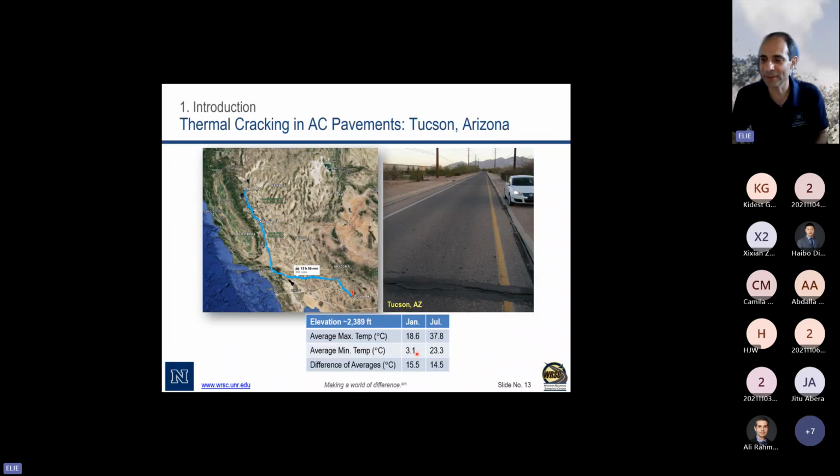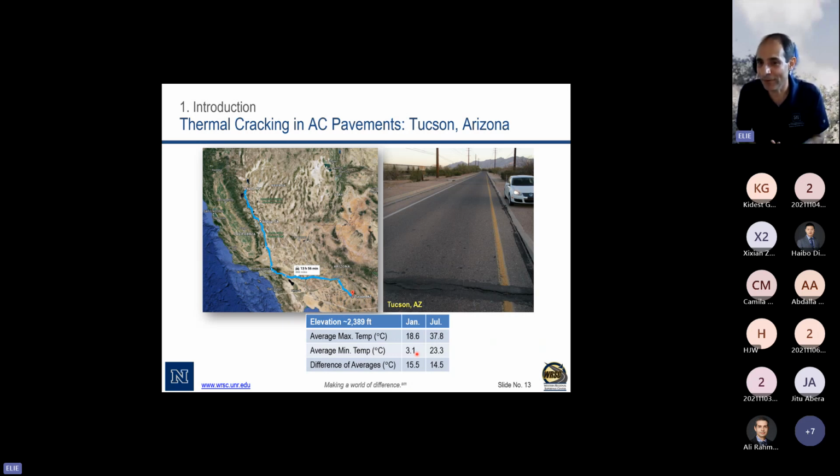So now what do you see? You may think, oh, there's no sub-zero temperature. I'm not going to see thermal crack. No, you're going to see thermal crack. Why? The environment is much hotter. So now it's not only about my rheological property, but my oxidation kinetics are going to kick in, and I'm going to have a higher oxidation rate. So my pavement or my asphalt binder is going to age at a faster rate compared to Reno or Bishop. And then because of those swings in temperature and everything, I'm going to end up, based on the binder that I'm using, with thermal crack.